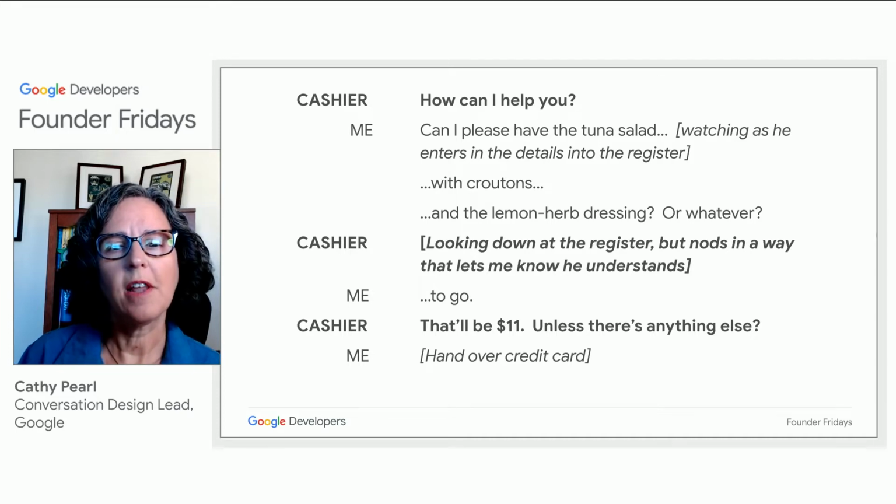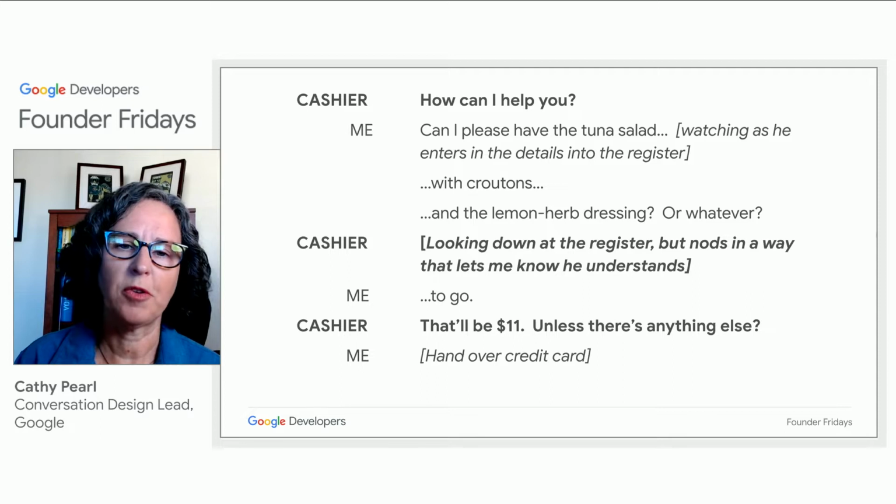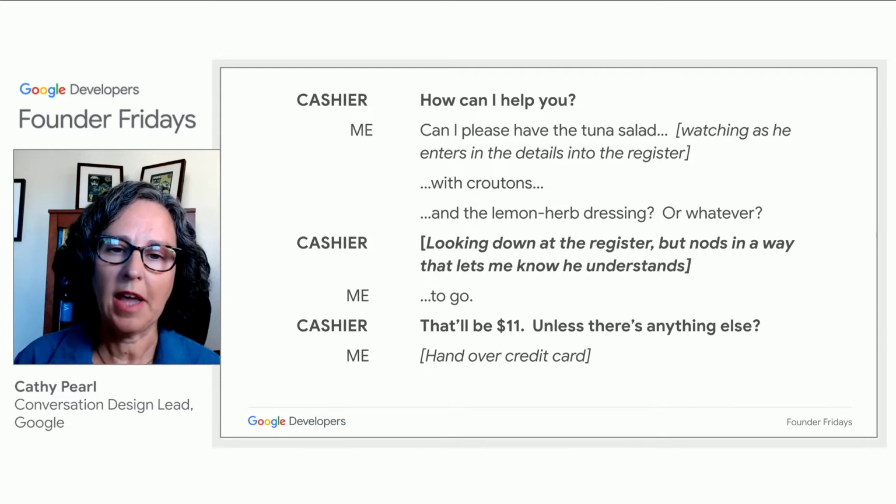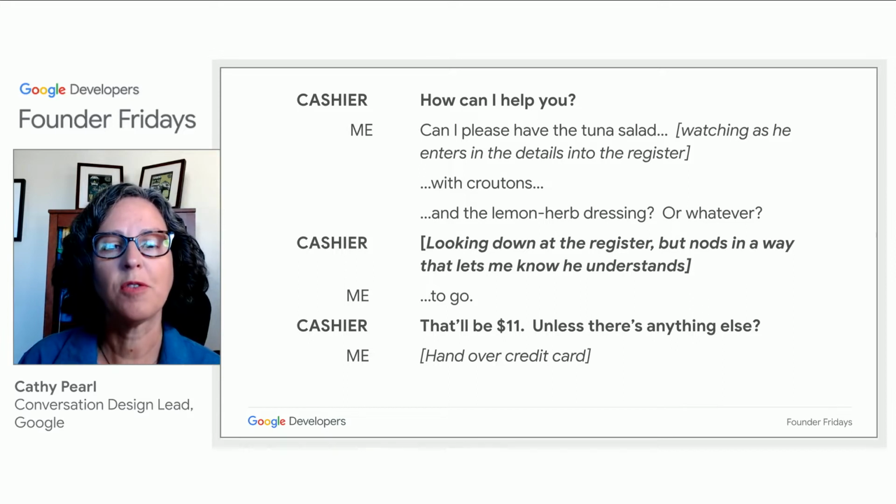So there's really a lot going on here, even though it's a very simple transaction. There's eye gaze, there's body language, there's pausing, there's intonation. All these things we use when we communicate, and we do it every day without even thinking about it. But a computer finds this very difficult. The computer just has the words. So you have to cram a lot of information into kind of a small signal.